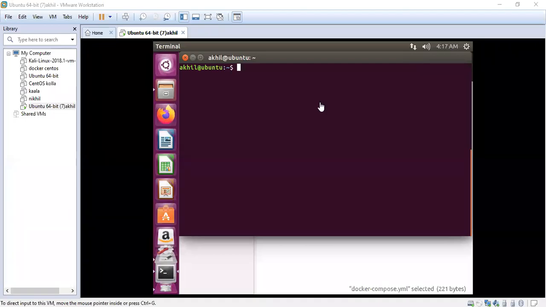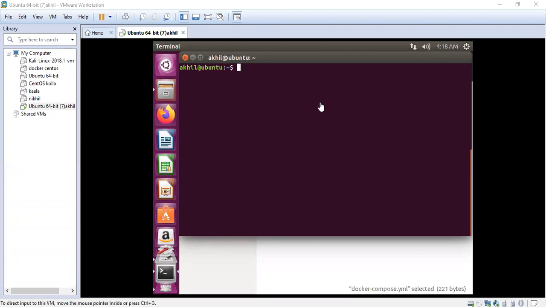Okay, now I'm going to talk about Docker Compose and how to host a Python web app with Docker Compose. Docker Compose is used to run multiple containers as a single service. Consider, for example, you have an application which requires Redis and Python Flask. You could create one single file which would start the containers as a service without needing to start them separately. It saves a lot of time.